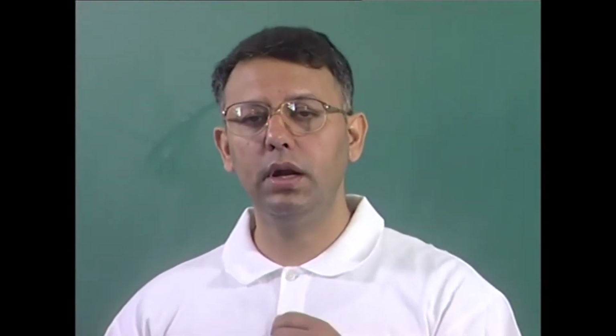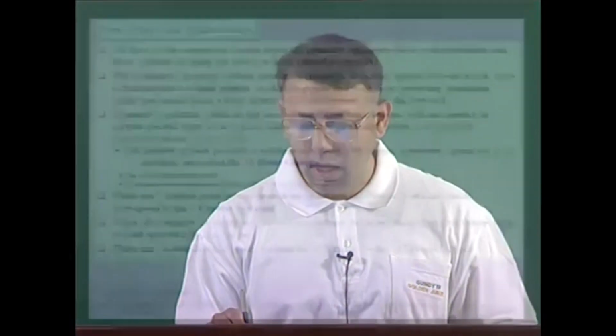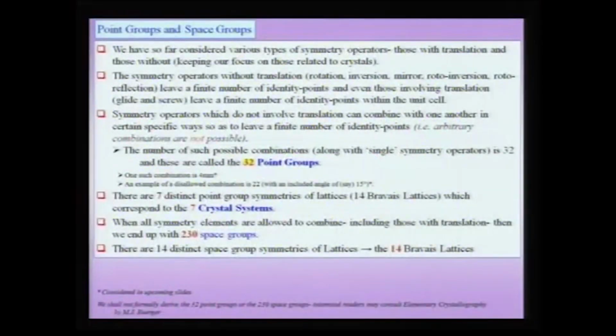There are only certain distinct combinations allowed which can leave a finite set of points in space, like the case of the normal operators, which also leave a finite set of points in a unit cell. Therefore, there are only certain allowed combinations of symmetry operators, and it so happens luckily that this number is not very large, and there are only 32 allowed combinations of symmetry operators which are known as the 32 point